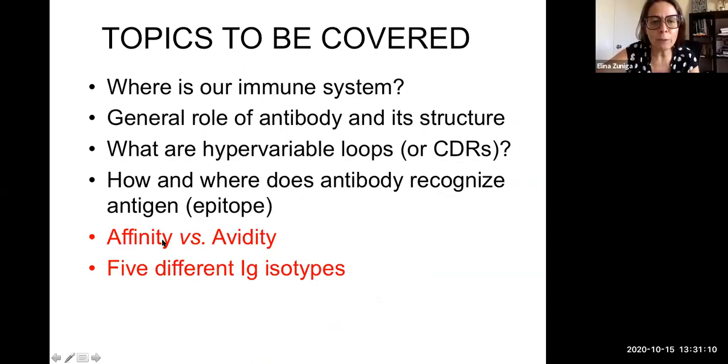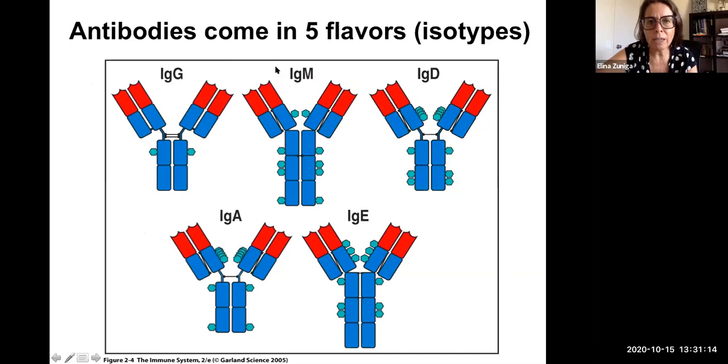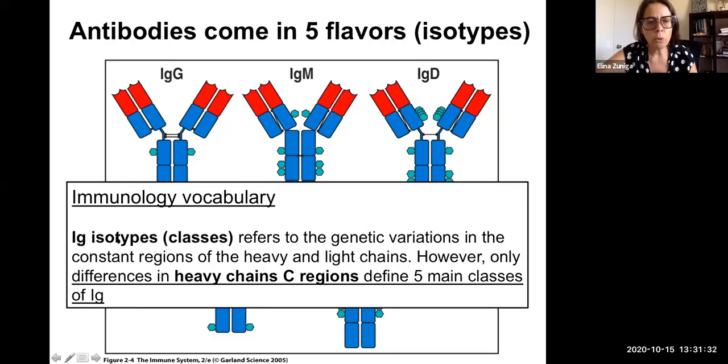Okay, so what is the difference between affinity and avidity of an antibody? So the antibodies, we already said, come in 5 flavors, and there may be subclasses within IgG and IgA, but 5 general flavors: IgG, IgM, IgD, IgA, and IgE. So these are the immunoglobulin isotypes or classes, and this refers to the genetic variations in the constant regions of the